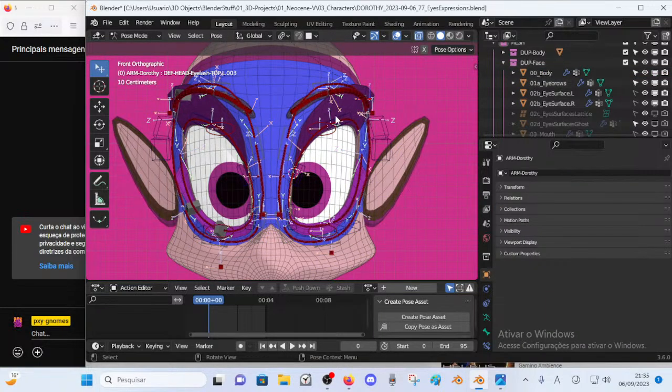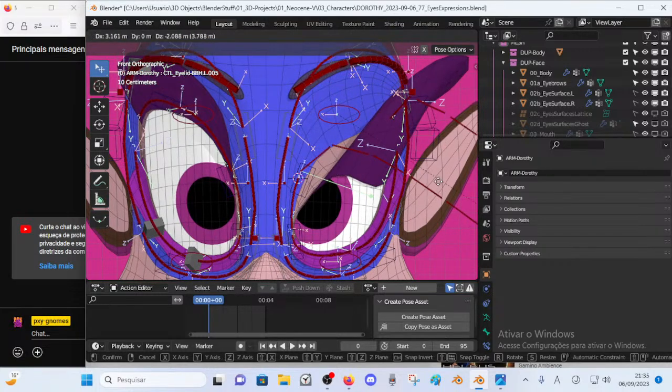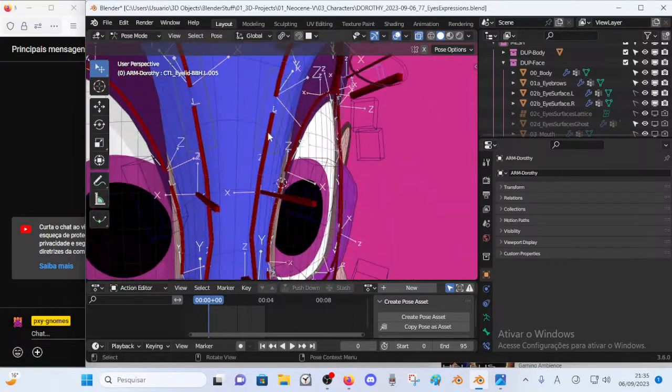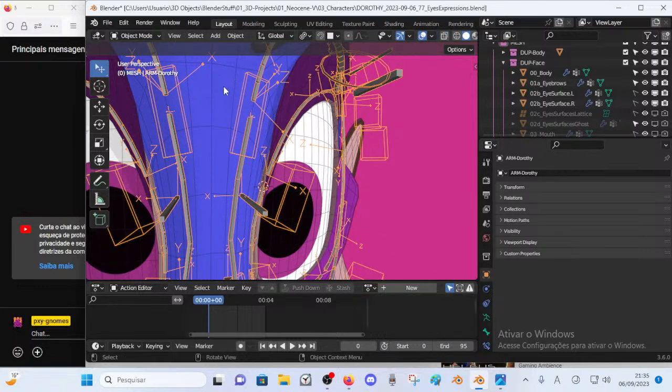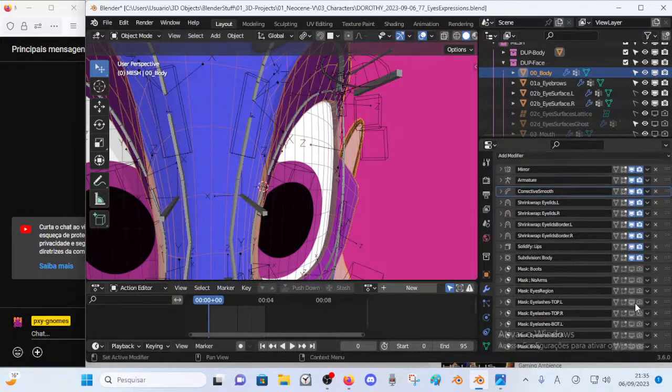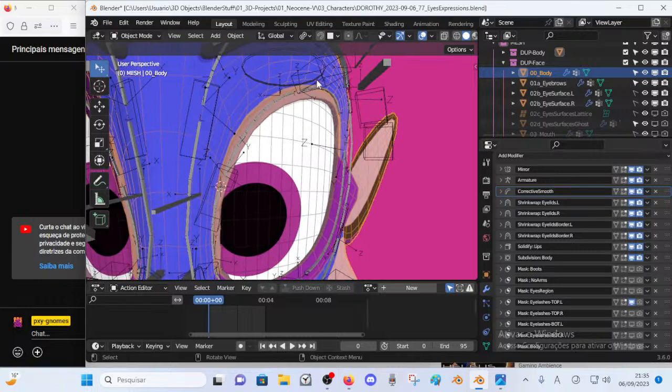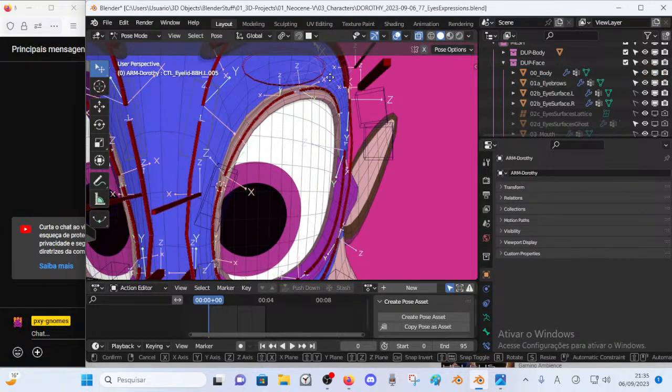And another interesting feature of that is the collapsing of the... I don't see this very well, but I have to hide it again. Alright, let's hide again, at least the top eyelash for the left side.